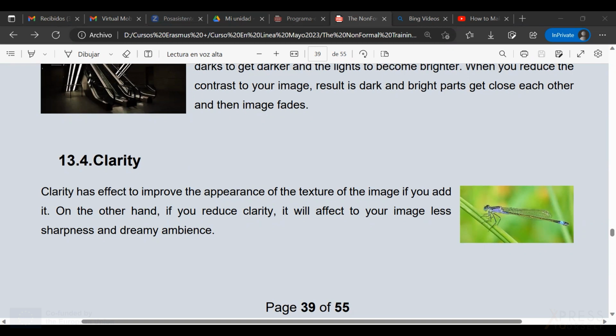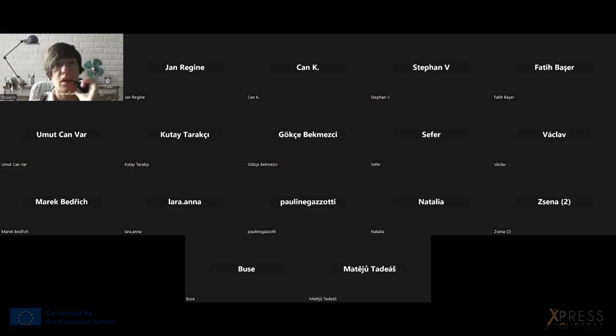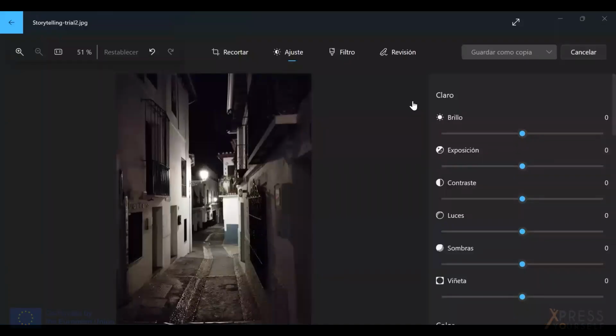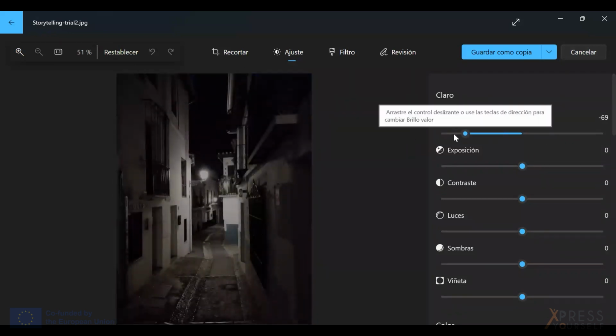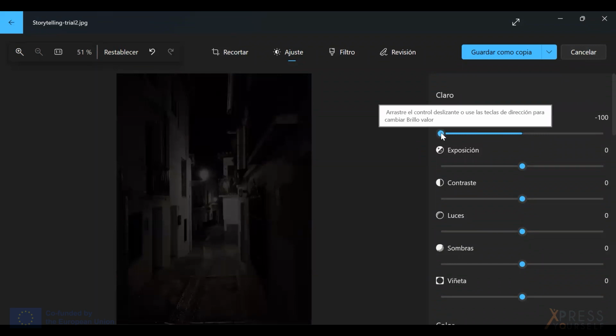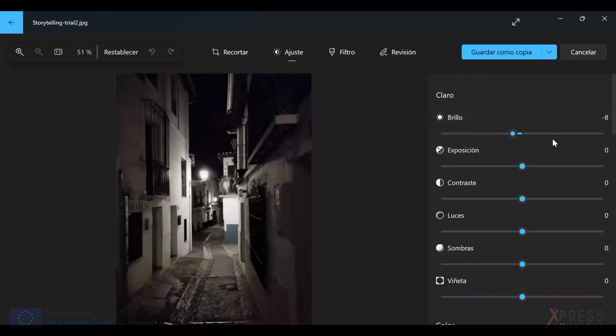Again, this photo editor has two ways of changing the clarity. I'm going to show you anyway, so you will have an idea of how clarity works for pictures. So here, you can play with clarity, right? This is brightness, but you're giving clarity or giving less clarity. You see there's less definition of your picture here, of course, more dark.